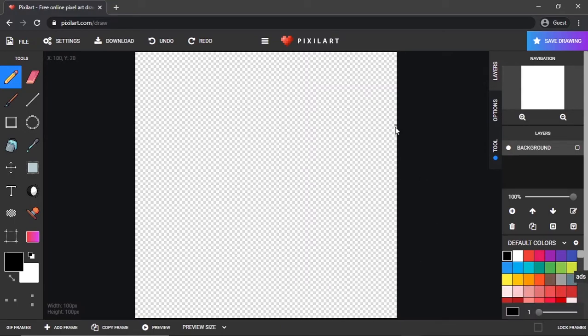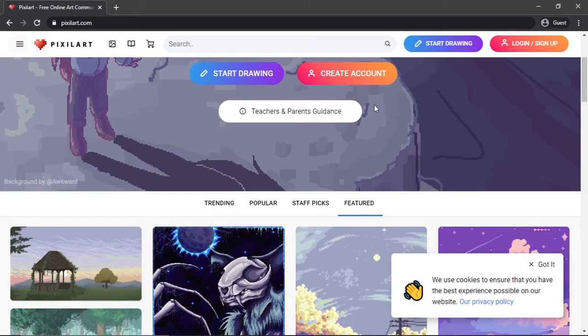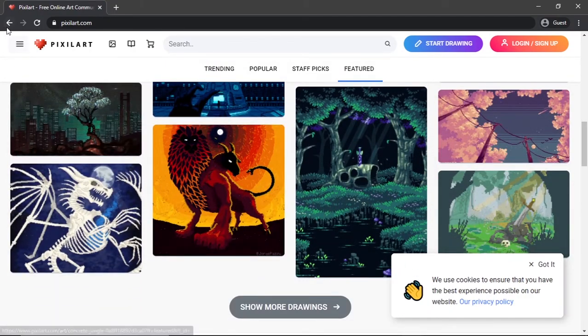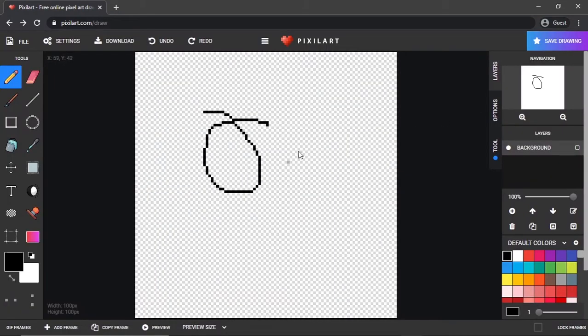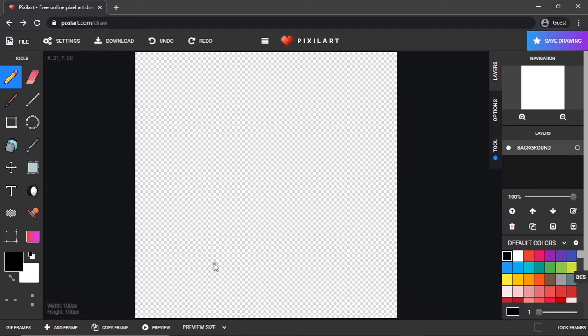You gotta click them out. You can save your drawings, but this is mostly based on the fact that you can create an account and look at other people's artwork, and it's heavily based on drawing one quick drawing, right? You have a smiley face, right? Or you're drawing like a quick animation, even something that's a bit longer, like maybe a 10-second animation,